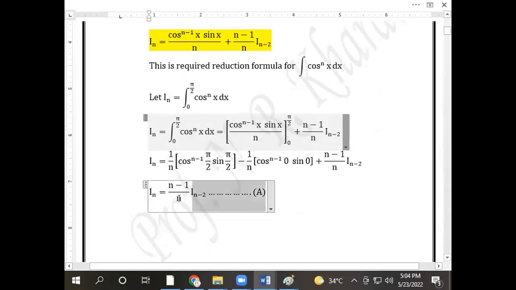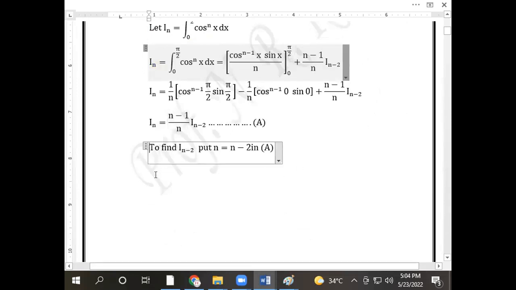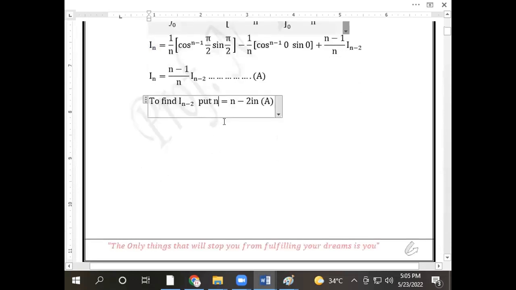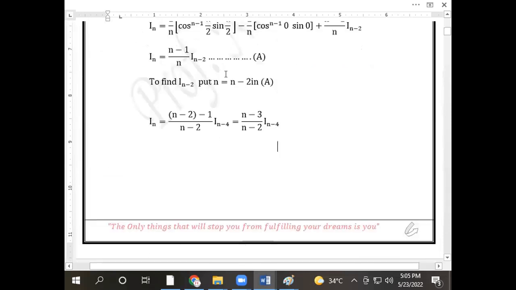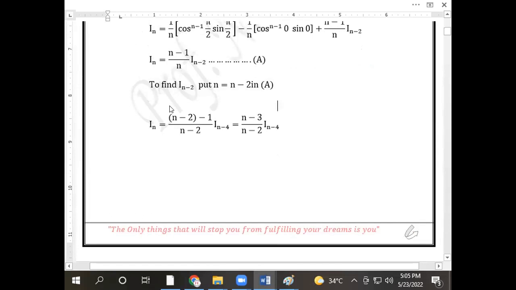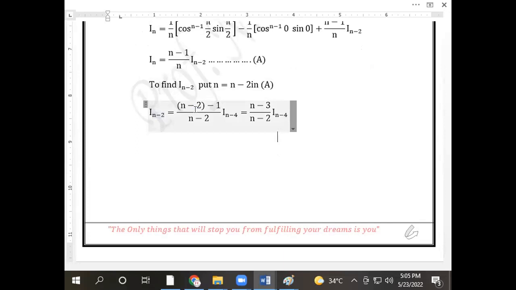In a similar way as that of sine, we have to put n is equal to n minus 2, n minus 4, and so on. We can find the value of the reduction formula for the cosine function. We have to use the same manner here, putting n is equal to n minus 2, n is equal to n minus 4. We put it here, n is equal to n minus 2, so we say that I of n minus 2 is equal to this. Similarly, we are putting n is equal to n minus 4. We got